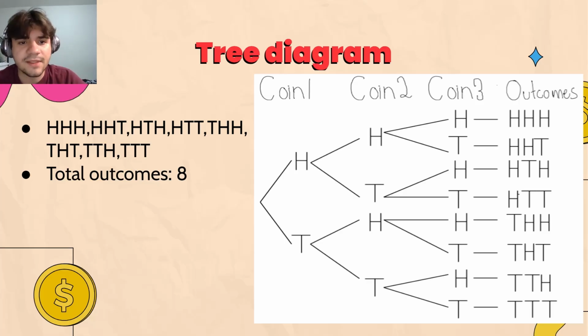So this is the tree diagram. As you can see, we have coin one, coin two, and coin three. These are just the coin flips. I've drawn this diagram myself. And as you can see, for each coin flip, there's always two possible outcomes. So that means that the total number of possible outcomes is 2 to the power 3, which is 8, as you can see. And you can clearly see that each outcome is equally likely, which kind of helps me build the